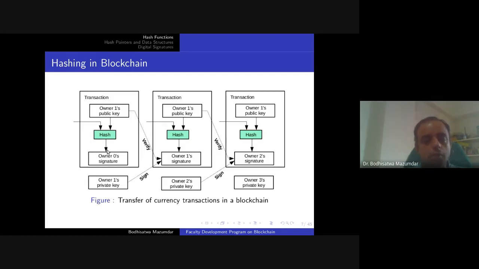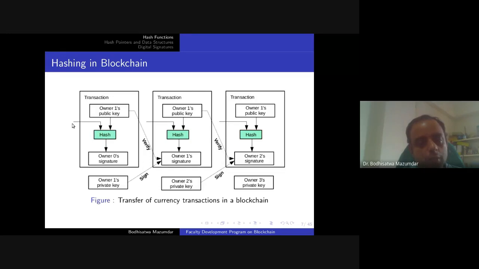For instance, here we see that the owner of a particular record means suppose there is a seller and a buyer. So there are two identities, so two transactions would be created. Each person who is involved over here has his own public key. That public key is shared among all the participants in the network, and there is a private key which is usually kept secret. And this hash function is basically used to